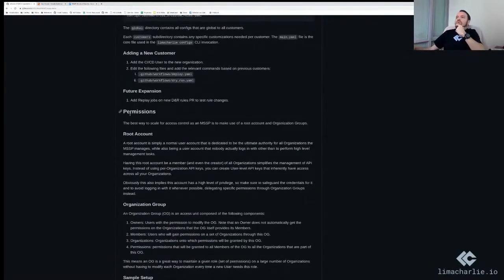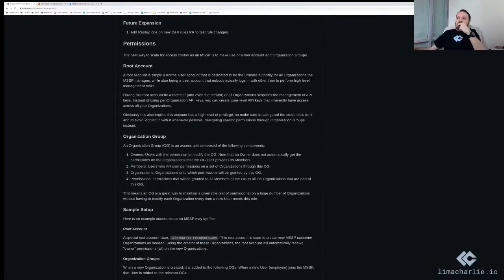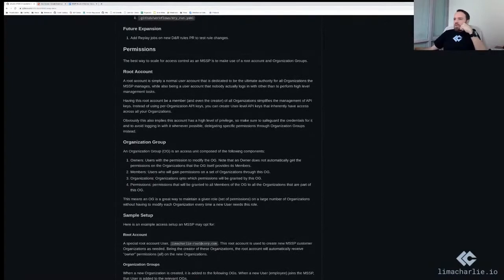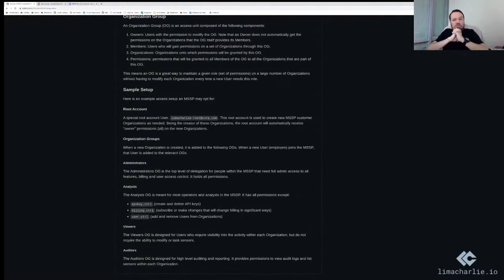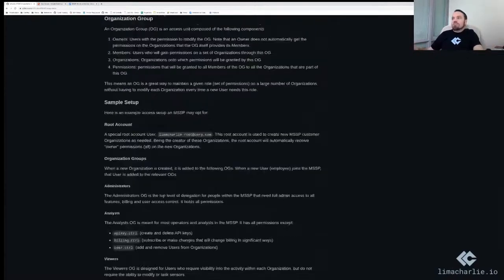But we document the permission aspect here. So this talks a lot about what I've mentioned, but here's the setup. One setup that can work well for an MSSP is to begin by creating a root user account. That means, if you're at corp.com, creating a user at corp.com. Here, I think we give it as an example. I'll make this bigger. It's limacharlie-root